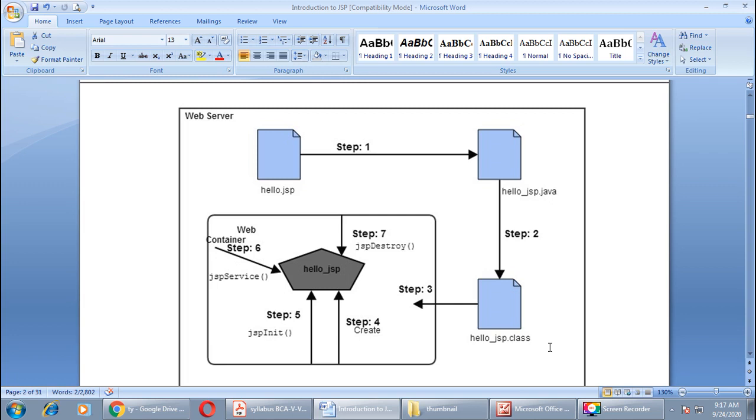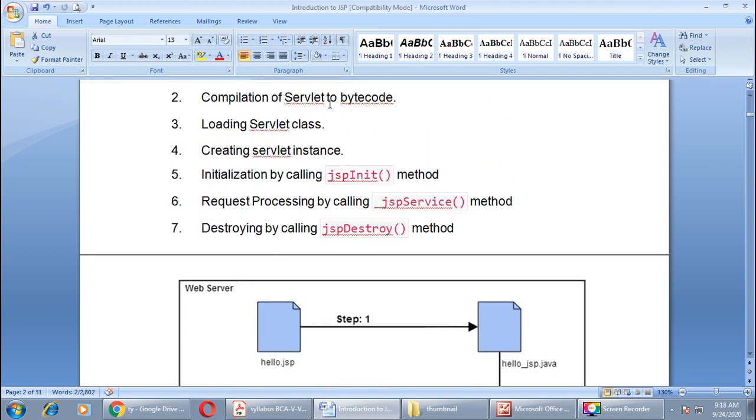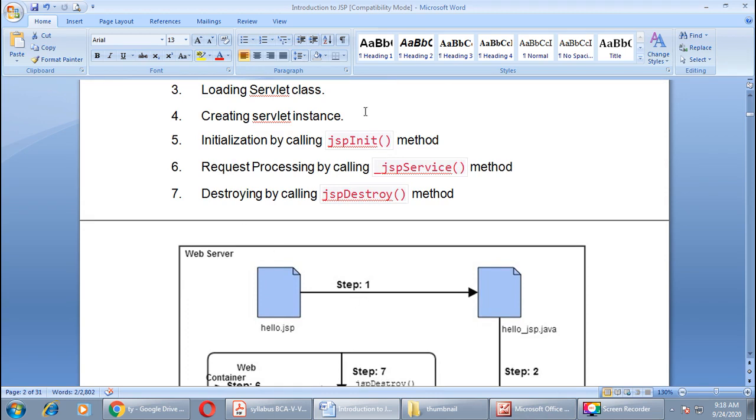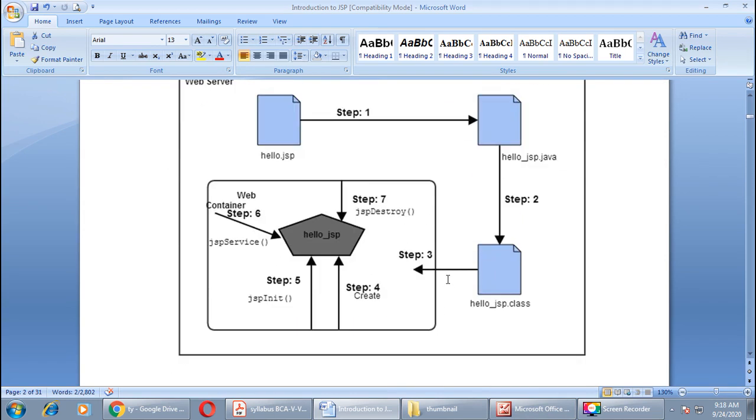After the conversion of this servlet file into its equal class file, the main steps begin, that are loading the servlet class. Here it will load the servlet class. Then in the fourth step, it will create the servlet instance, right? This internal cycle is the same as the cycle of servlet, right?